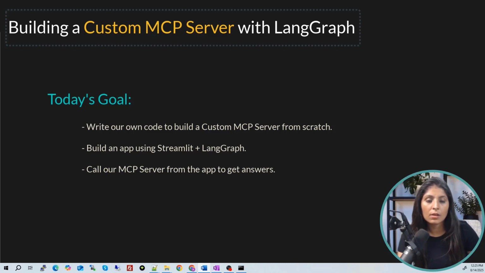So let's start. But guys, before moving to the part of how to build custom MCP servers, let's understand why we need custom MCP servers. Custom MCP server means creating your own MCP server. And why is there a need to create your own MCP server when there are a lot of MCP servers readily available?